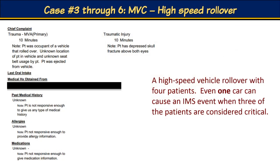So we're going to work our way through this MCI real quick. So this occurred 10 minutes ago. It was a rollover on the interstate and the patient was ejected from the vehicle. This is a high-speed rollover, and it was only 1 car involved initially is what they thought, and there were 3 patients that were